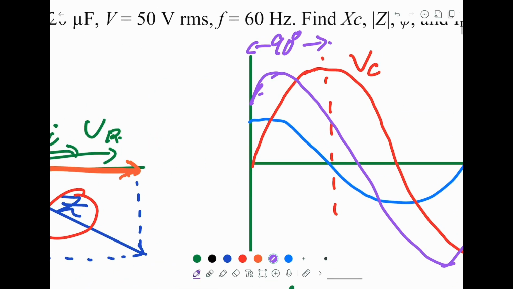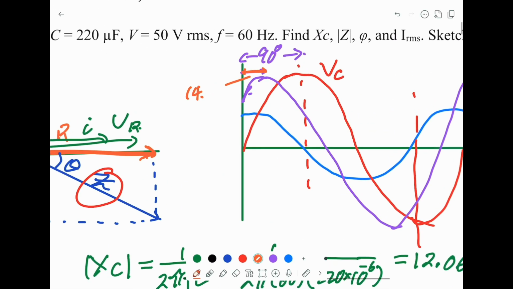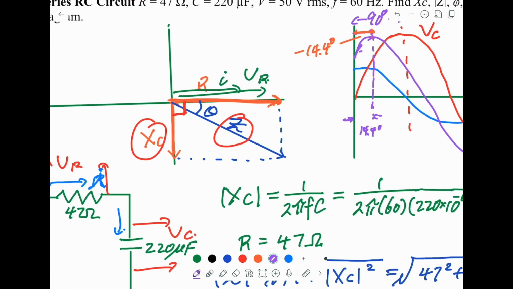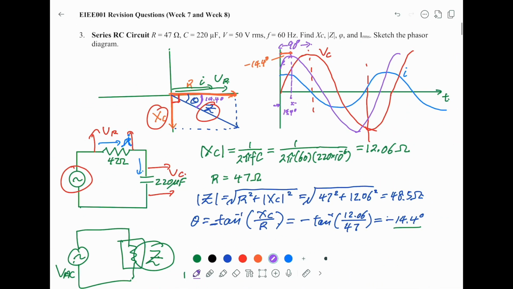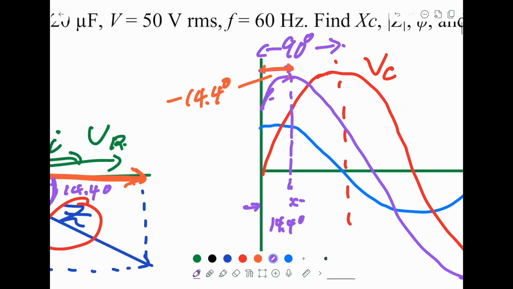So from here to here is roughly 14.4 degrees. The negative means it is shifted to the right hand side. So this is here. Okay, so this is 14.4 degrees. In the phasor, this is the angle here, 14.4 degrees. Now, this voltage here,